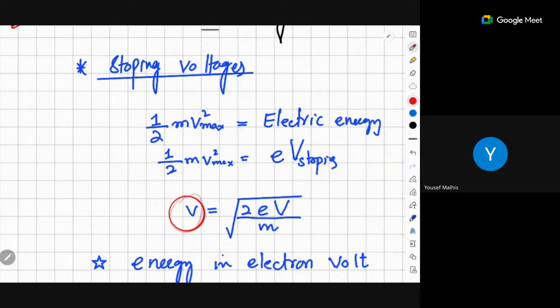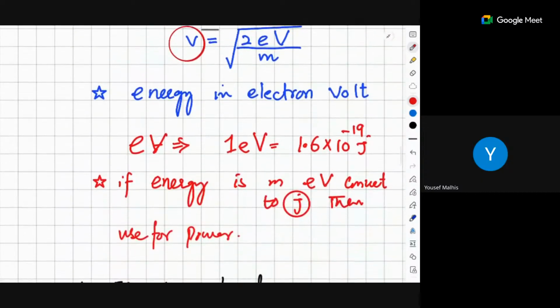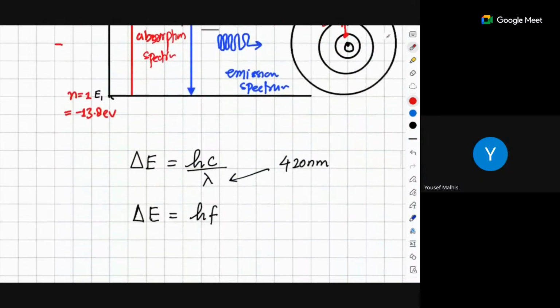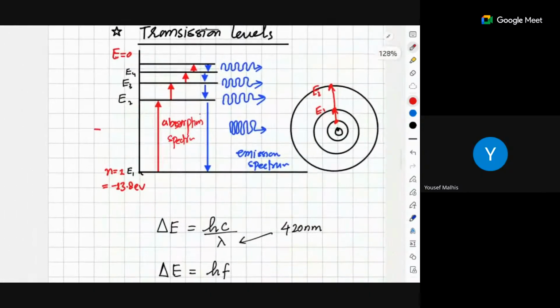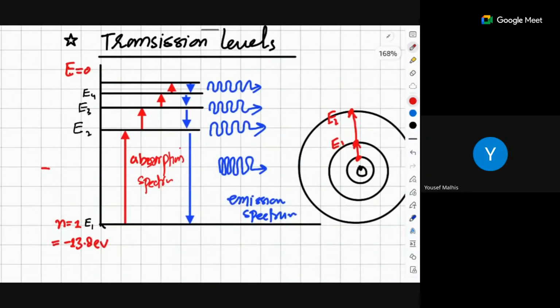From here you can calculate the maximum energy and maximum speed of the electron which could be required there. Here I have just added all the things that were required by you, and this is the last discussion of today's topic, the transition levels. They are also based on quantum mechanics. The transition levels are those levels which are considered to be, okay, they go. It's a very interesting thing.